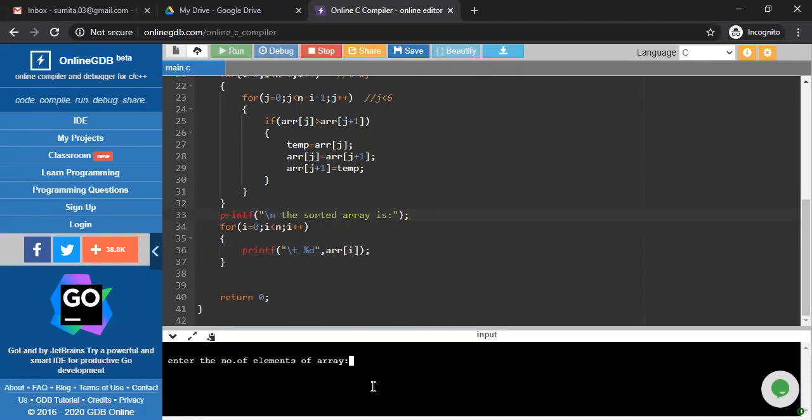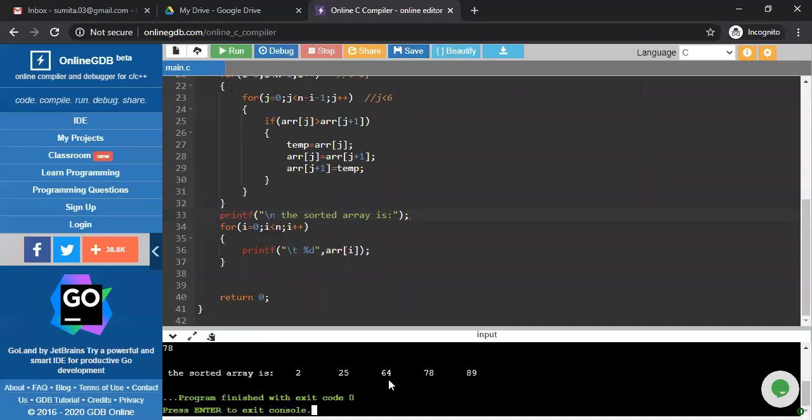So we have, suppose, 5 elements and give some random values, and enter. See, all the elements are sorted in ascending order. So you can take any random values and using this algorithm or program, you can sort all the elements of your array.